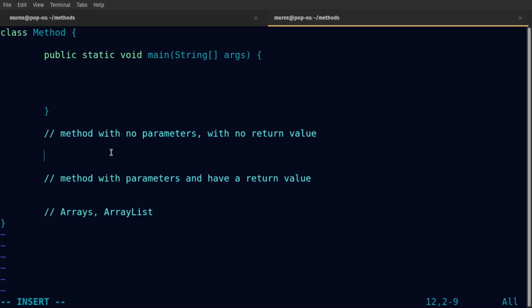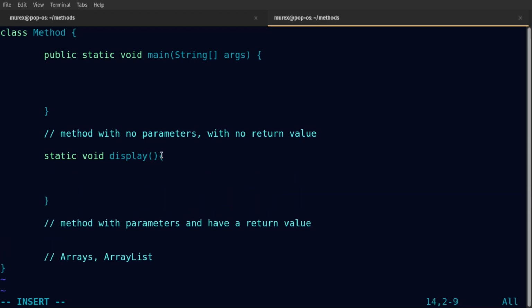So here we're defining a method with no parameters, a method that doesn't even have a return value. So static, that's the access modifier, right? And then what we need next is the type, right? So this doesn't return anything, so it's a void. And then let's just call this function display, which is a function name, right? Open parenthesis, close parenthesis. There's no parameters, so you don't put anything inside the parenthesis. All you do is just open and close the block, and then say